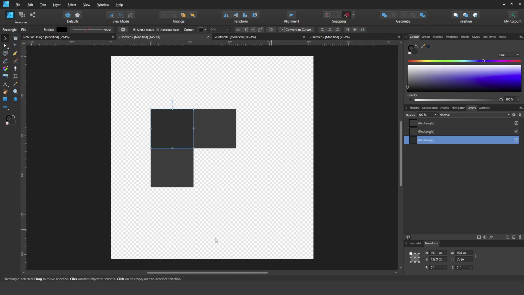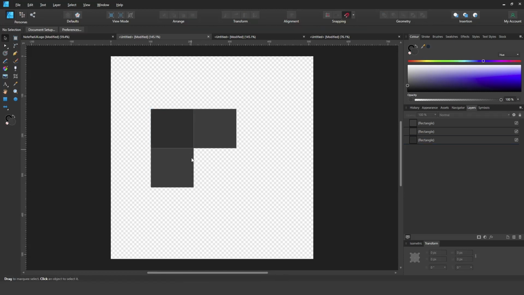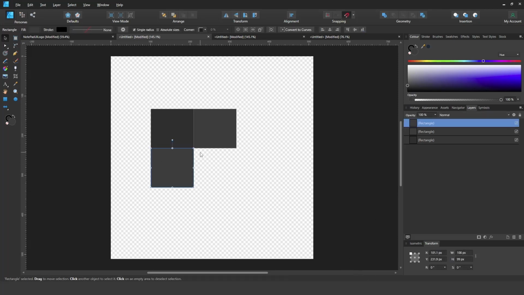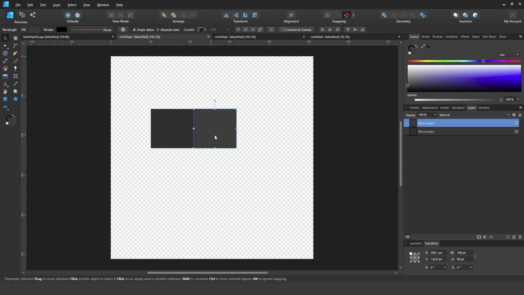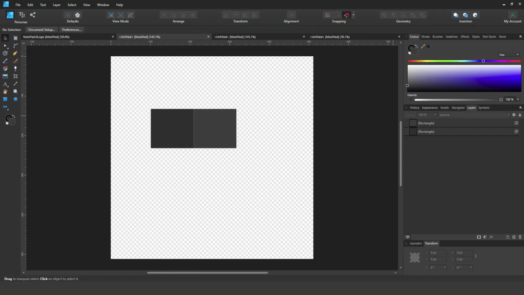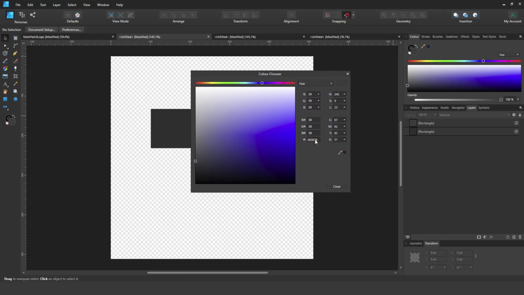So in my Affinity Designer, I've created 3 colors that I'm going to use for the application. In fact, we don't need that. It's exactly the same. So this is going to be the text box basically, and these are going to be the menus. So I'm just going to copy these colors. I've got it opening up on another page on my other mic. Sorry. I'm just going to copy these colors